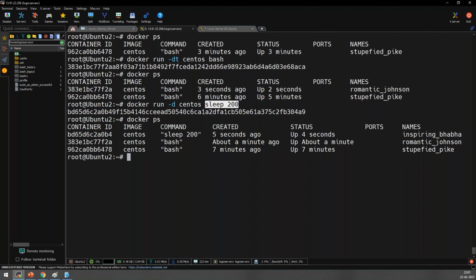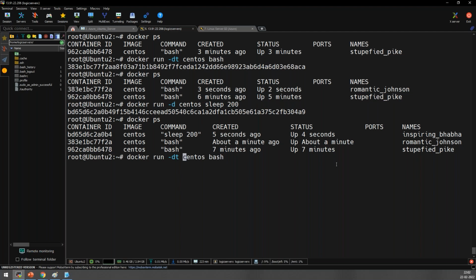The next one is, for example, all these names are given by Docker itself. So if you want to give a name by yourself, it's very simple. I'm going to create a container with my own name. The name tag I want to give, let's say I will give a tag. I can put a name here if I want, or I can put a name ID here also, but it's not required.